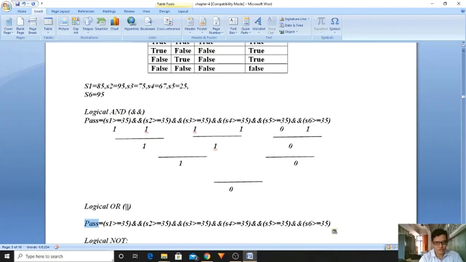Okay, fail. I'm taking the condition as fail. Instead of greater than, what I'm doing? I'm doing less than. Instead of greater than, I'm making it a less than. Okay, I'm taking the same example. If you are doing the logical OR expressions, I am using just a little modification. It is according to evaluation.